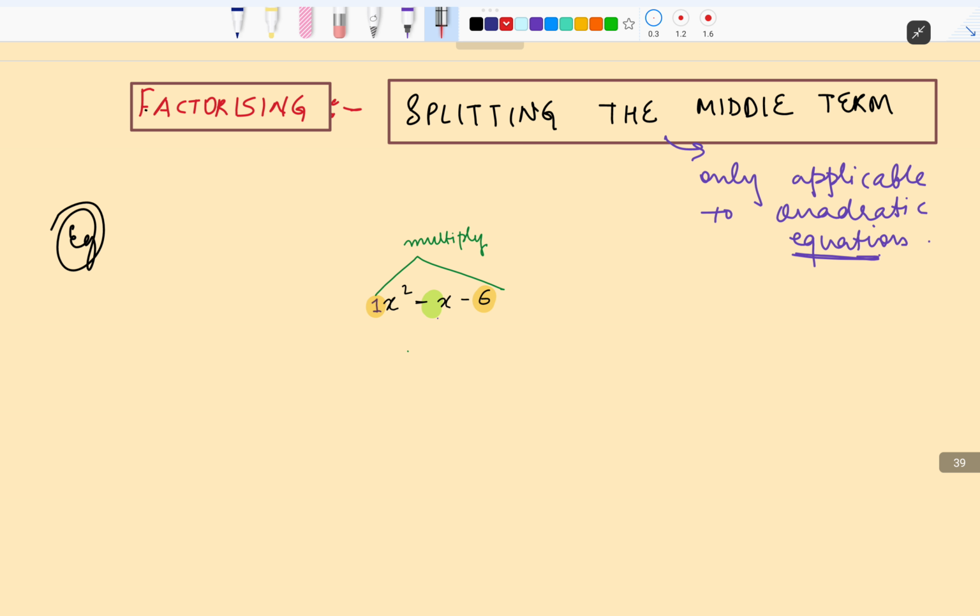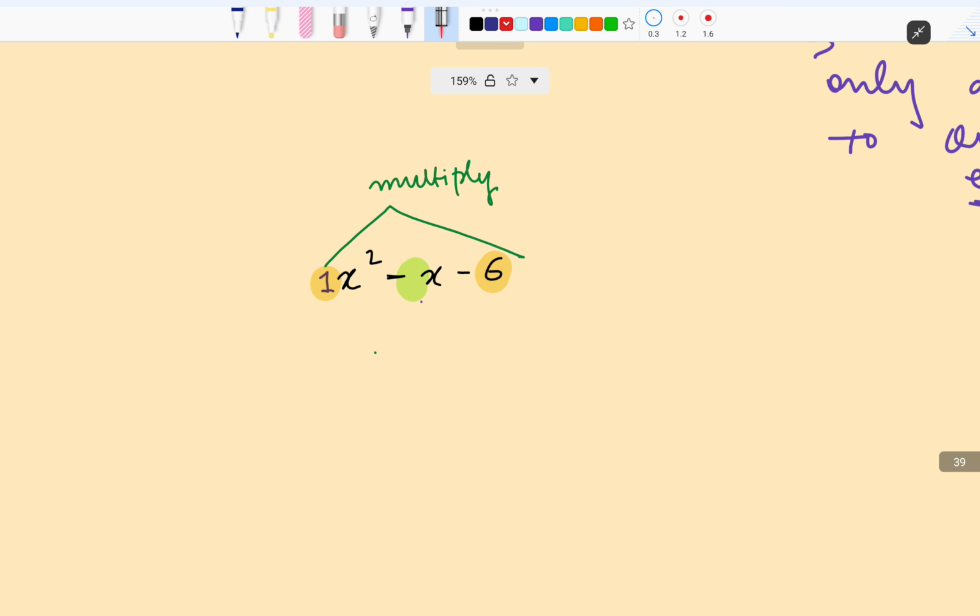चलो, नाउ द नेक्स्ट मेथड इज when we factorize by splitting the middle term. One thing that you have to keep in mind is splitting the middle term only applies with quadratic equation. Okay? Quadratic equation में अब हम कैसे factorize करेंगे इसे? देखो,